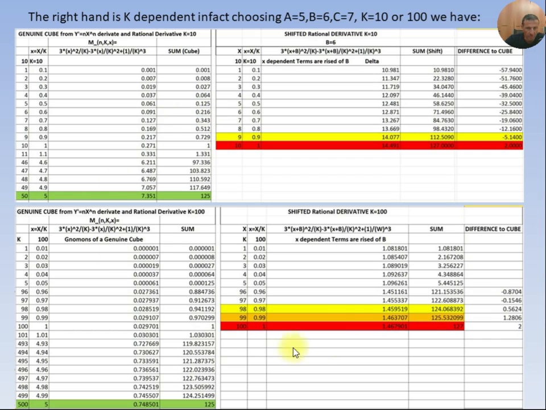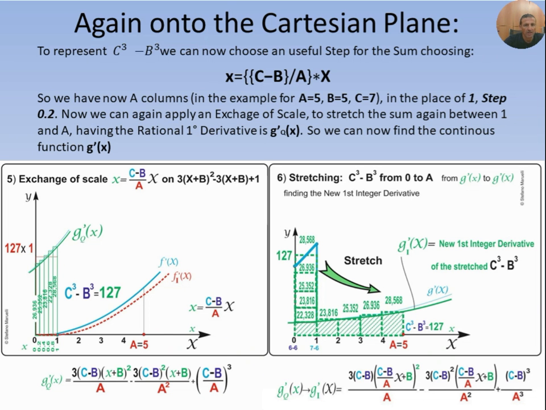This is not the point of the proof. This is just to show you how this algebra works, and then let one think more easily using a table of numbers. On the Cartesian plane, we can represent c cubed minus b cubed as we did before, and we arrive to move the columns from here to here, and you can see in the example a rectangle having base 0, 1 and